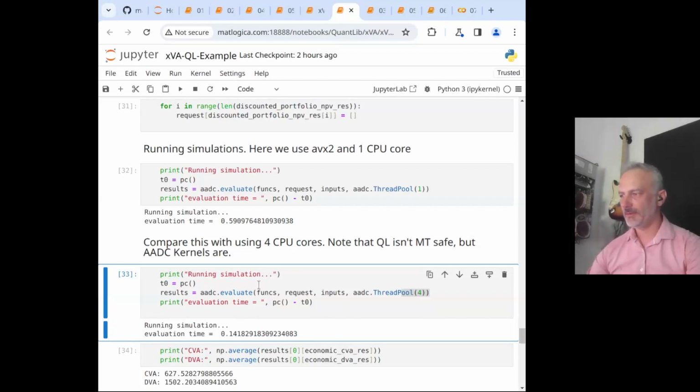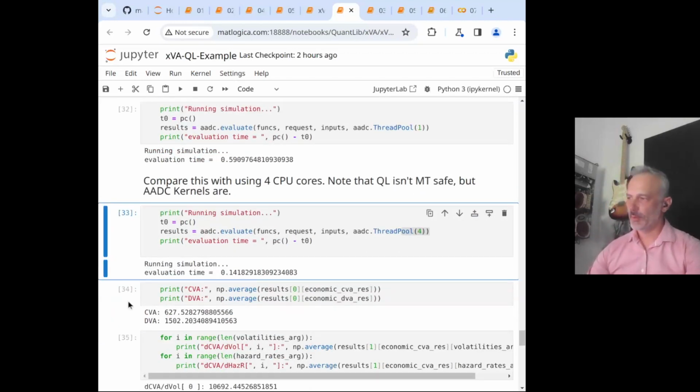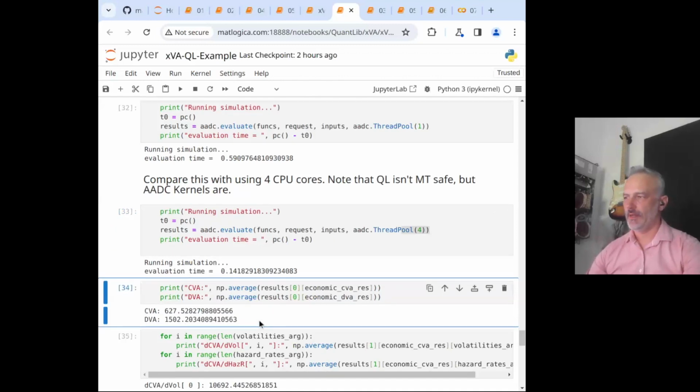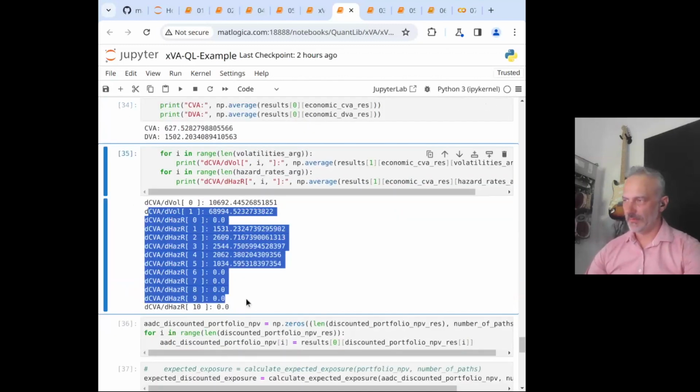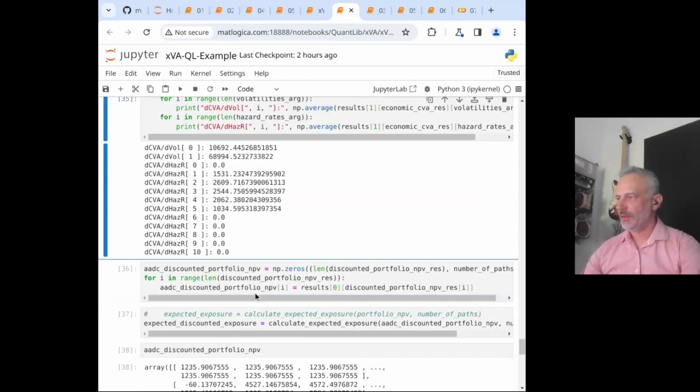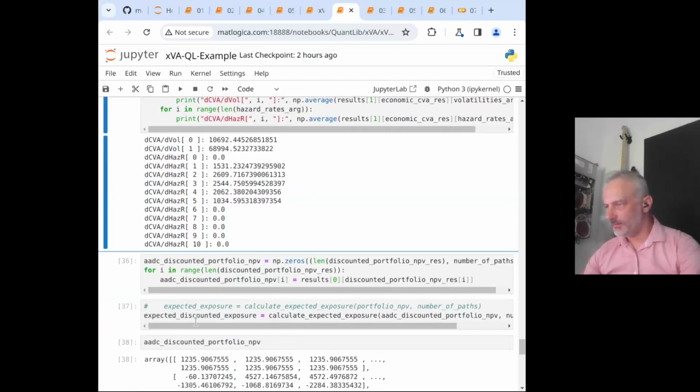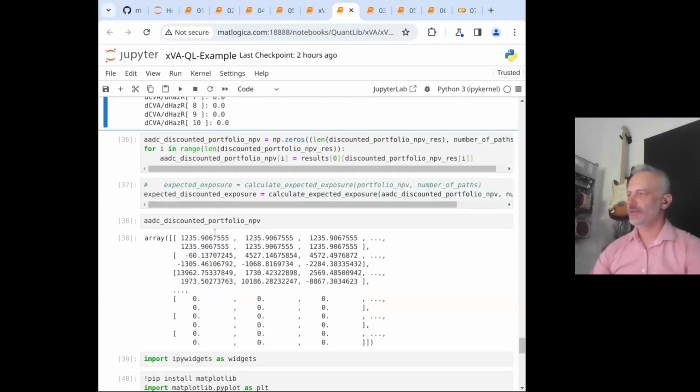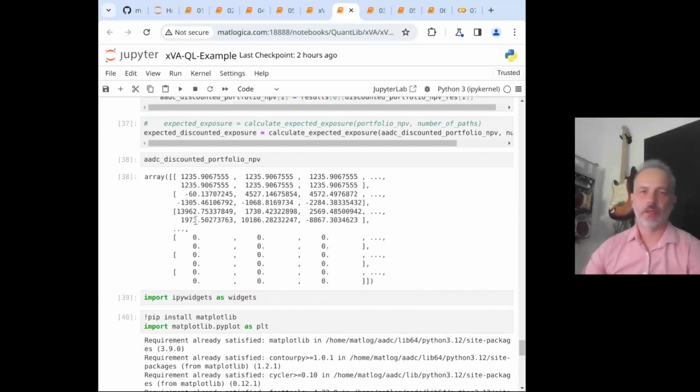Nice, perfect scaling. And as promised, you get yourself the CVA and DVA, you get the full sensitivity ladder, and expected exposures, right? So what can we do with this next?